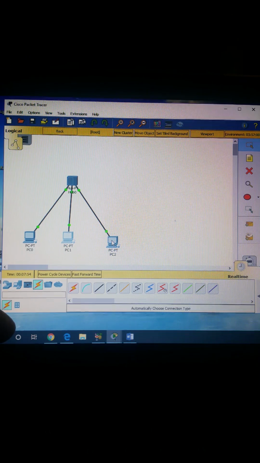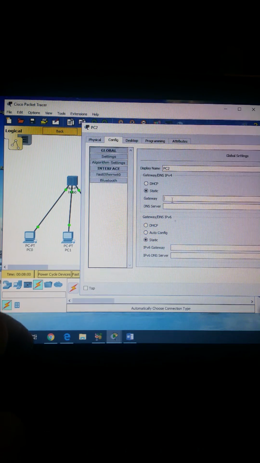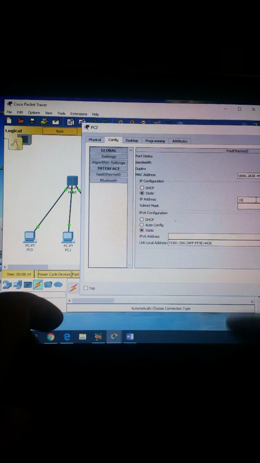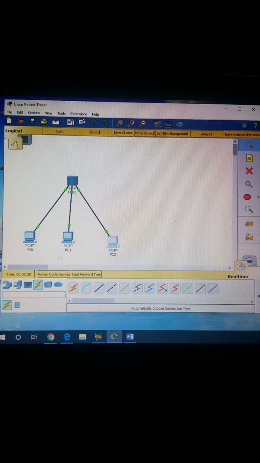The next one is PC2. Go config. Go 192.168.1.3. Okay. That's Ethernet 0. Then we go 192.168.1.3, and we tab, and there you go. We already configured it. We already put a specific IP address on all 3 PC devices, and now we'll choose a router,